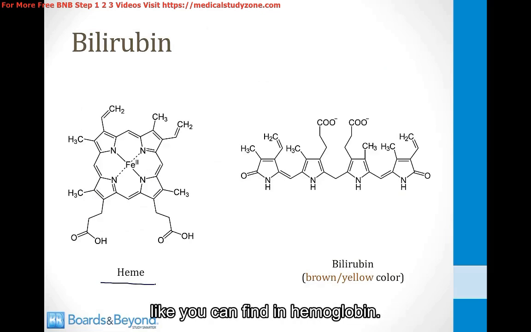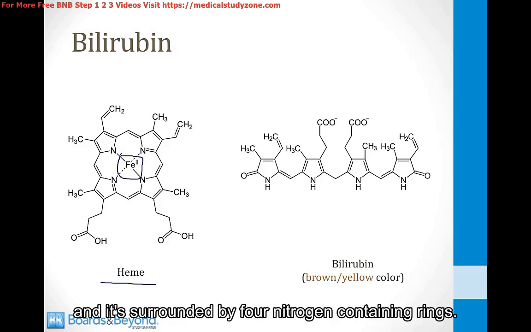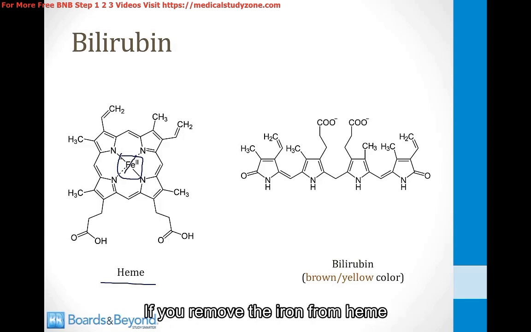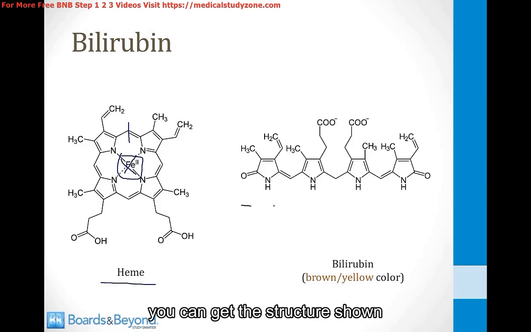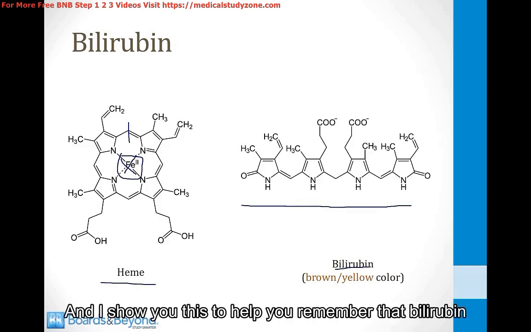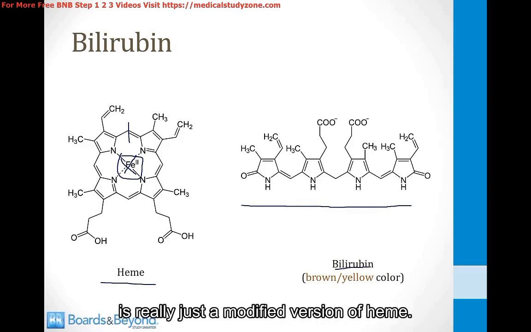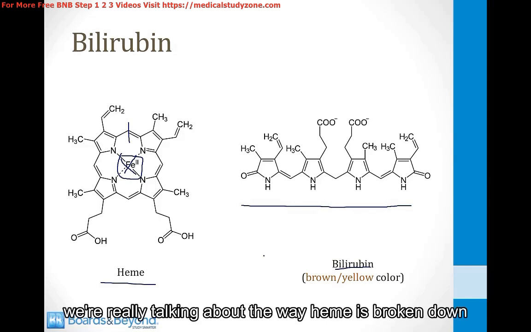On the left side of the screen is the structure of a heme molecule like you can find in hemoglobin. You can see that it has iron in the middle and it's surrounded by 4 nitrogen-containing rings. If you remove the iron from heme and you break one of the bonds between the rings, you can get the structure shown on the right side of the screen, which is bilirubin. And I show you this to help you remember that bilirubin is really just a modified version of heme. And anytime we're talking about metabolism of bilirubin, we're really talking about the way heme is broken down and metabolized